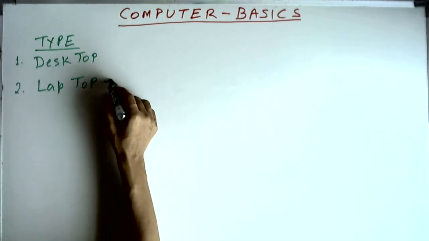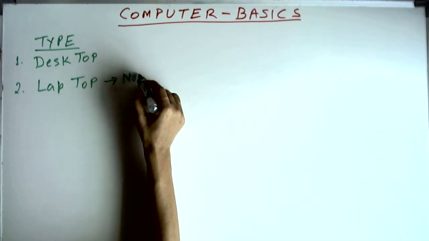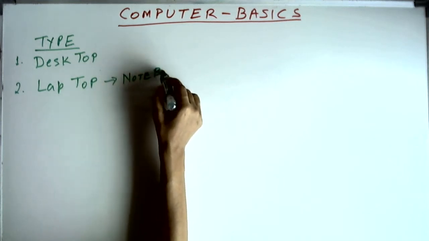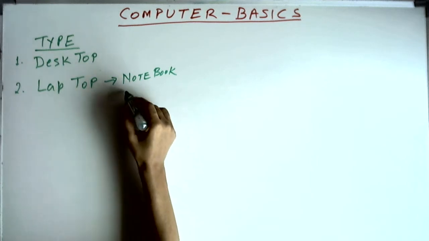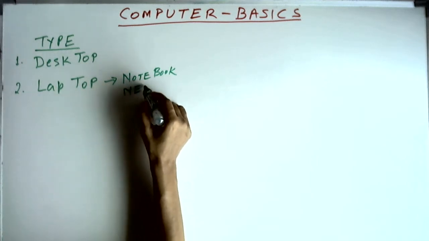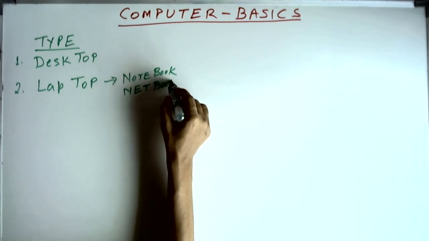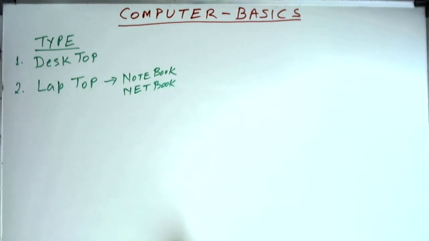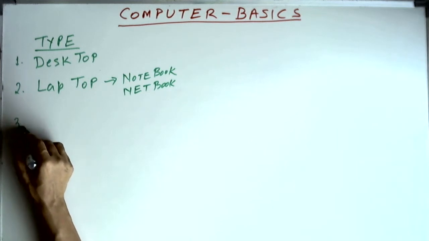But these days basically they are notebook, which you would all have seen, and smaller notebook is called netbook. So both are notebook, but there are two names, notebook and netbook. Netbook is smaller both in size as well as in capacity, and also in price. It is like half the price of notebook. If a notebook computer you are getting say for 30,000 rupees, chances are that you will get a netbook computer for about 12,000 rupees.